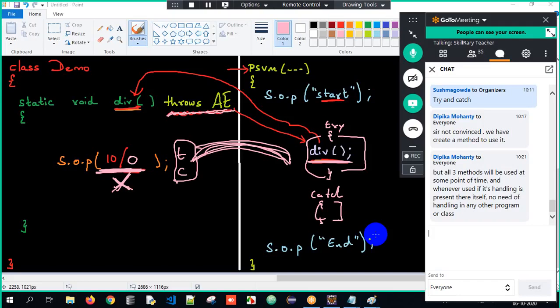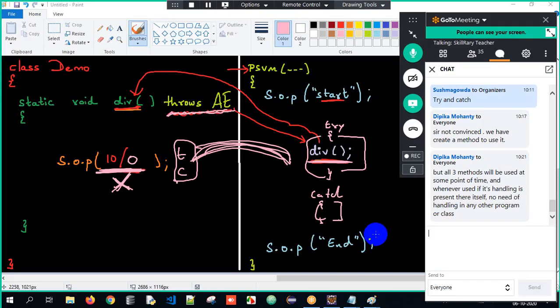I might not use. See, probably I don't have that credit card at all. Imagine, lifelong I won't have that credit card. So there is a payment mode called credit card. Why should I handle it unnecessarily? Only when you have a credit card and you select that feature, that is when we are supposed to handle the problems. If I don't have that credit card feature, why will I handle it unnecessarily? So that way, all the three methods will be used at some point in time. You might use it, but I might not use it, right? I don't have a credit card at all. Why will I use it? You will have a credit card, you will use it. That is where the handling will happen. So that way we are just trying to propagate an exception. That's it.